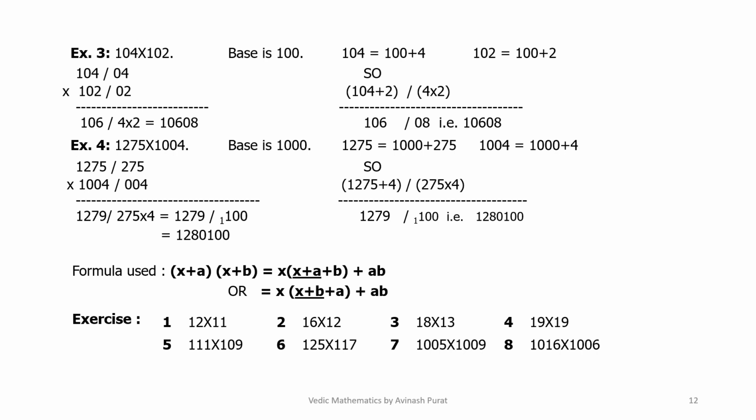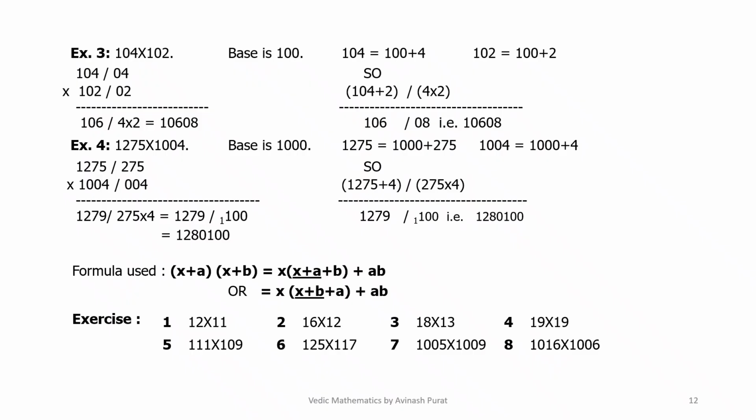1280,100. Mentally, 1275 is 1000 plus 275 and 1004 equals 1000 plus 4. So the answer of the multiplication would be 1275 plus 4 stroke 275 into 4, that is 1279 stroke 1100. Again 1 is to be taken to the left. So the answer would be